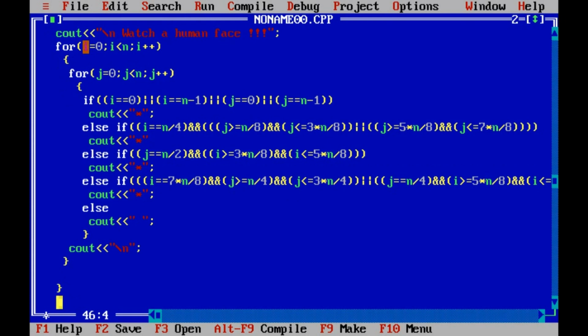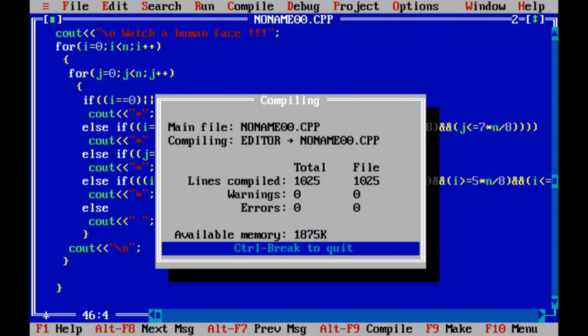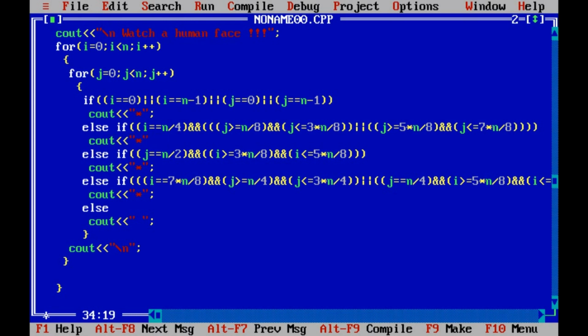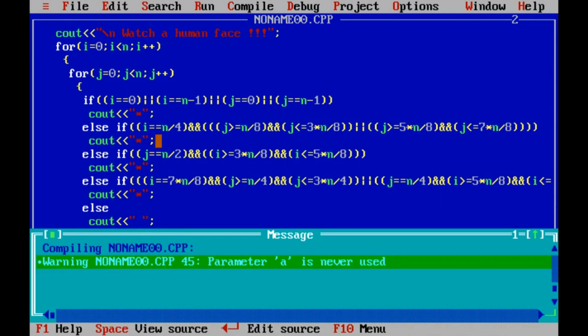Now we end the whole program, and now we compile the code. It says statement missing. Also I forgot to print a semicolon at this second else if statement. Now I am printing it. Okay. Now we will compile. It says one warning, parameter n is never used, at line 45.